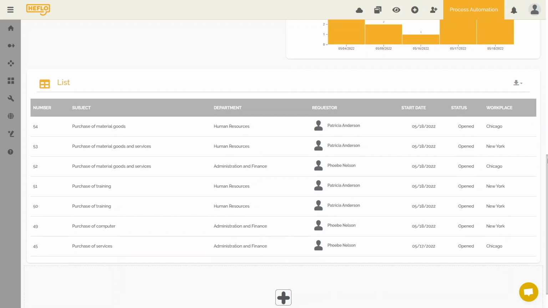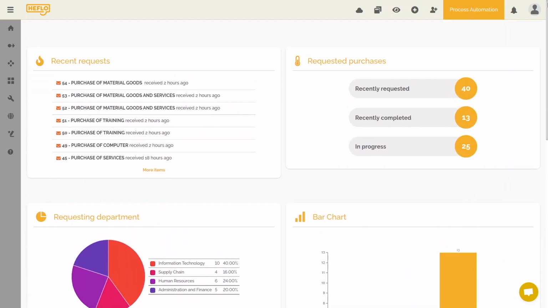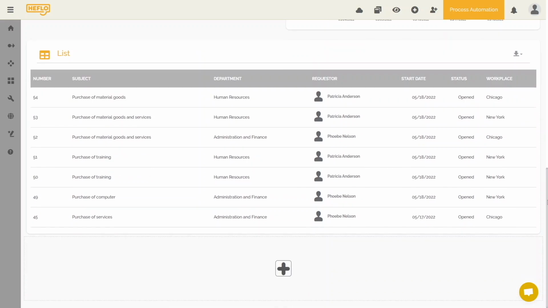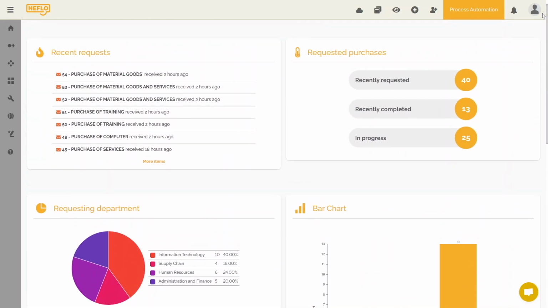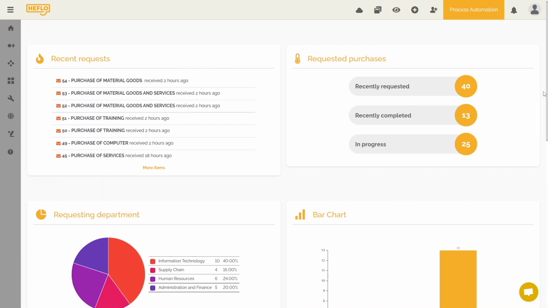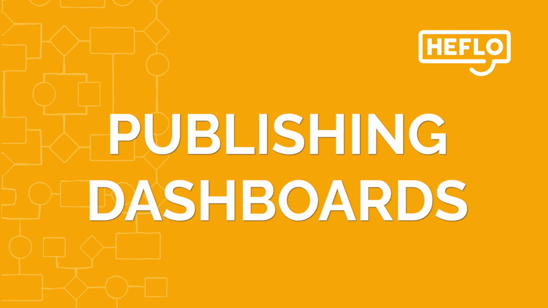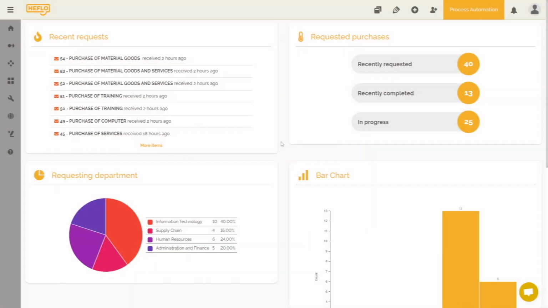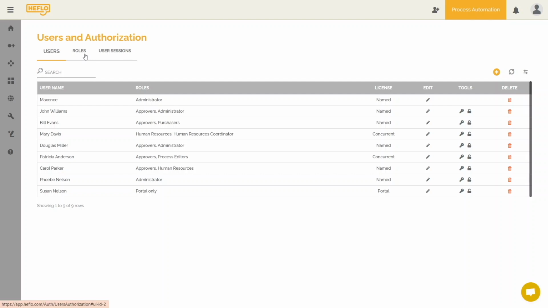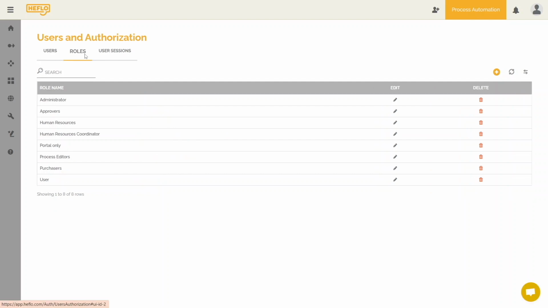You have a lot of very interesting visual resources to publish for your users. Dashboards mainly concern an audience with higher hierarchical positions, coordinators, managers, supervisors. It is important to be able to provide access to these elements for these users. If we go to the Users and Authorization part, here we have a specific role for purchasers, which is the role Purchasers.